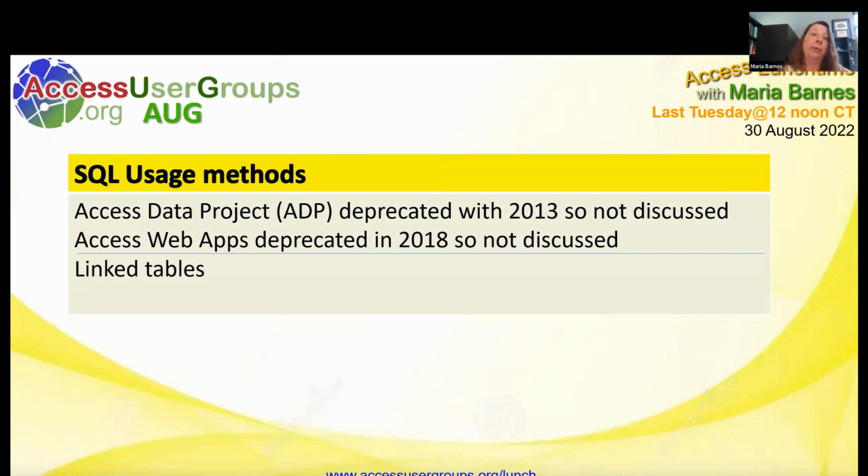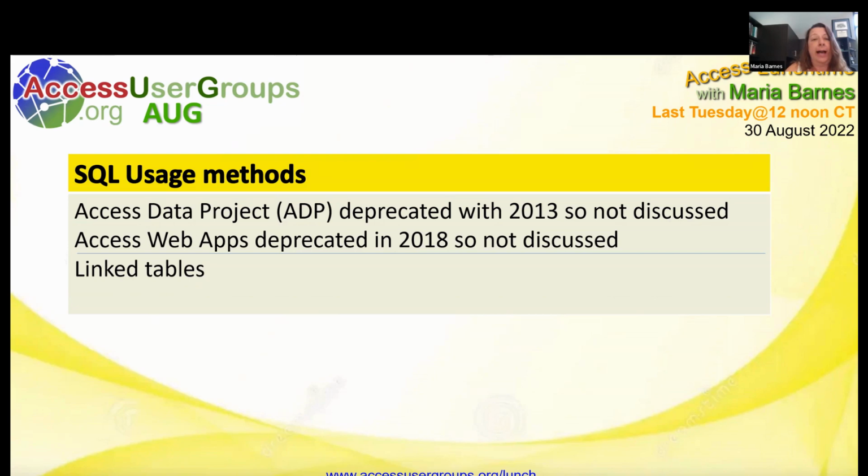But that, although it was introduced maybe in 2010, I think, they deprecated it in 2018. So unless you are running your own server, a SharePoint server with those on it, and even though those are getting fewer and further between as people upgrade to different versions of SharePoint, so we're not going to discuss that either. So we're going to start today with linked tables, which is the most common usage of